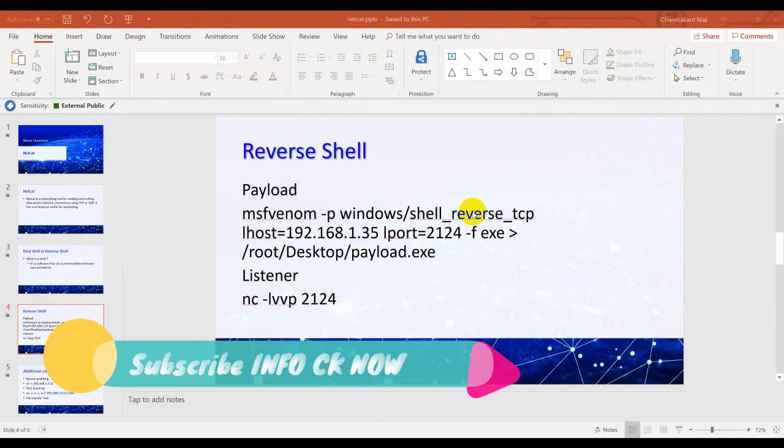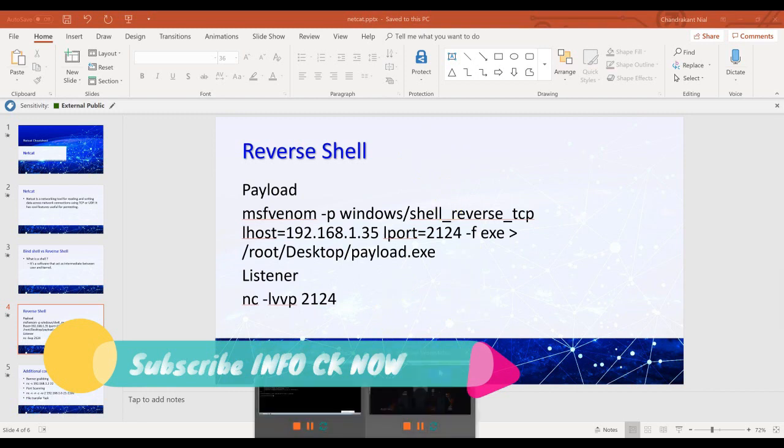Now let's see how we can create a reverse shell using MSFvenom and listen to it using netcat. This is one of the scenarios that is pretty common during pen testing or security testing, where you will have a target which is able to run an exe or a particular binary, and you would want to get a reverse shell out of it using netcat. Now let's go ahead and create an exe file and try to get a reverse shell out of it.